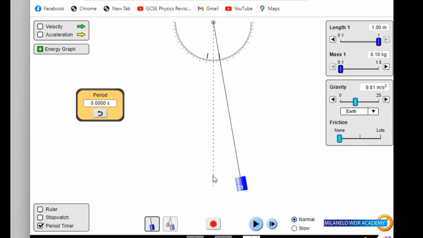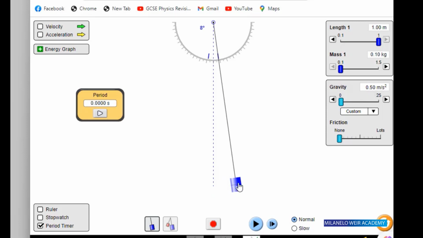Now we are on Earth. Let's start it. What do you notice? It's a little bit fast, right? And also the period here is 2.0098 seconds, almost 2 seconds. But I would like to go back and make it a little more. Yes, you see, I chose the gravity of